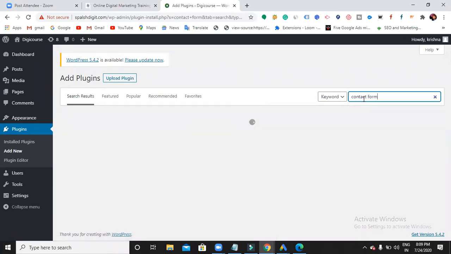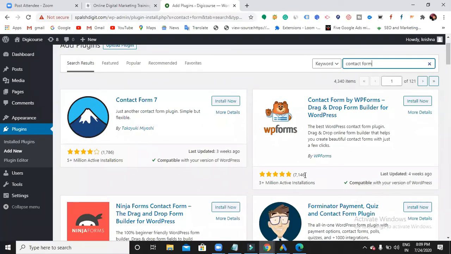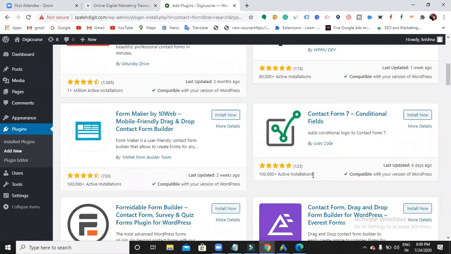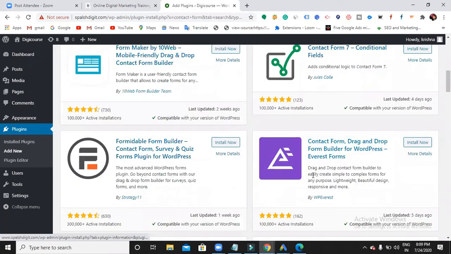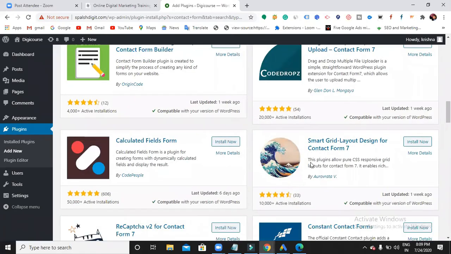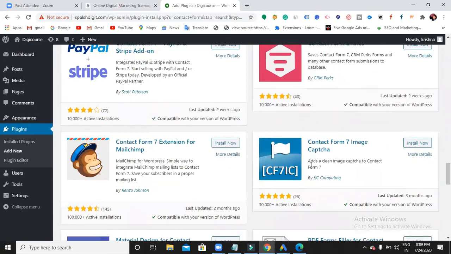Tell me based on what factors you will be installing any kind of app. So now you are searching an app in a Play Store. Ratings. Okay, first thing is the ratings. Highest downloads. How many installations? Highest downloads, very good. So here also, when I search for any plugin name like contact forms, it is showing me some plugins. So you can install, practice each and every plugin and see how it is working and what exactly you can get.